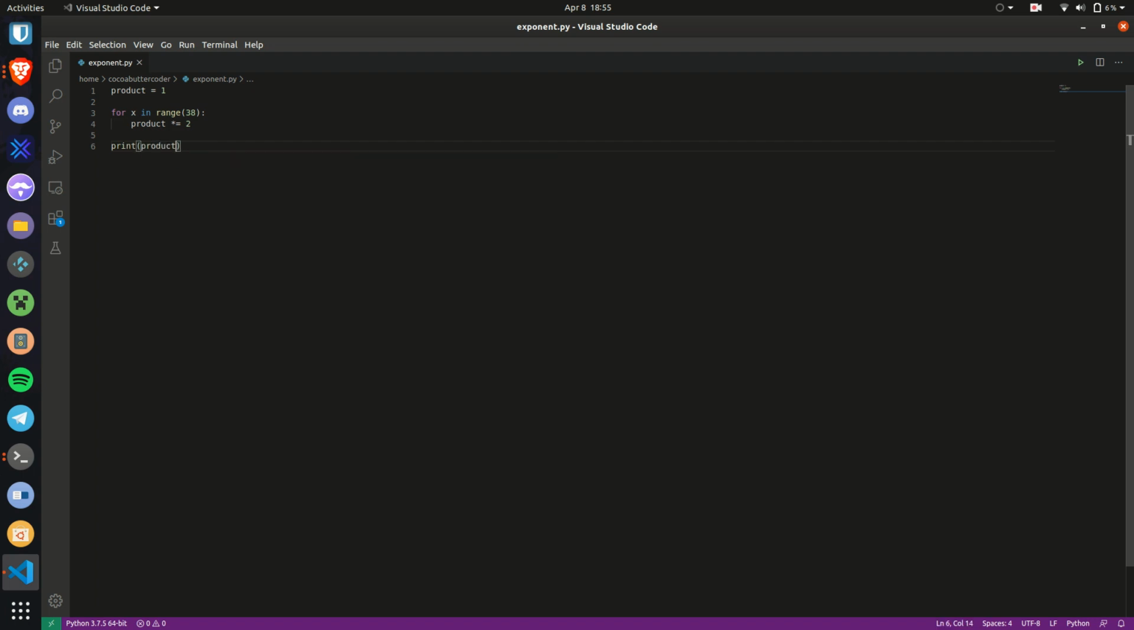If we run this, where am I? I think it should be here. python3 exponent.py. We get the same thing. So that's maybe a further way to do it in code. This is completely unnecessary, but obviously, because this is the unnecessary route to do this,